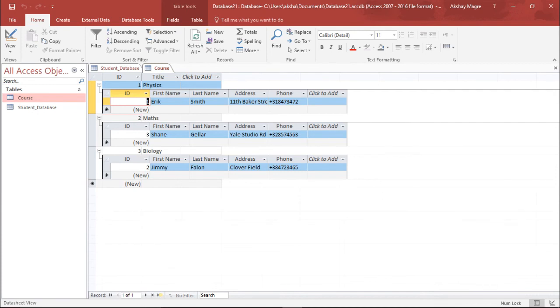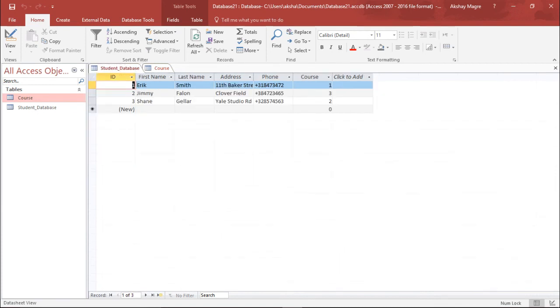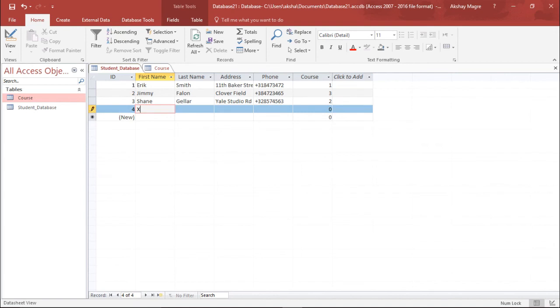So this is how they have created a relationship in such a way that if you enter the student database, let me add a new record. Let's add a new record for some random name. I'll take this as Rick. The last name is Martin. All right, some random street, 14th Avenue. All right, some number, I'm adding some number. And this time let's say he has opted for 3. Okay, that is my bio. I'll simply save this particular database.